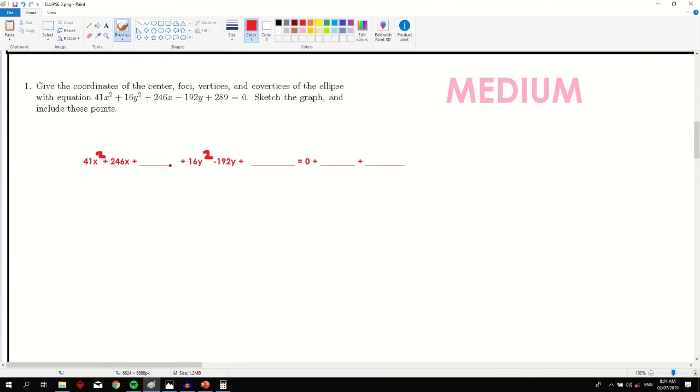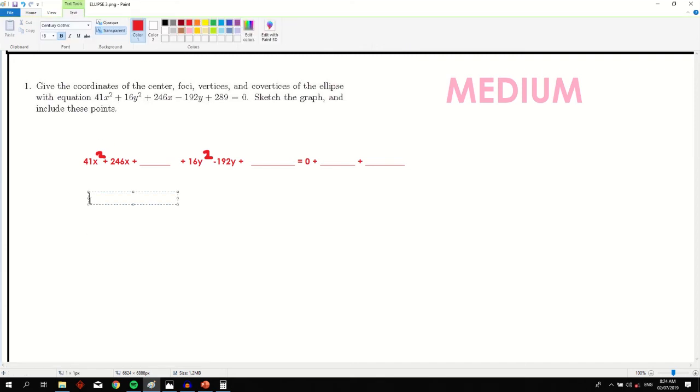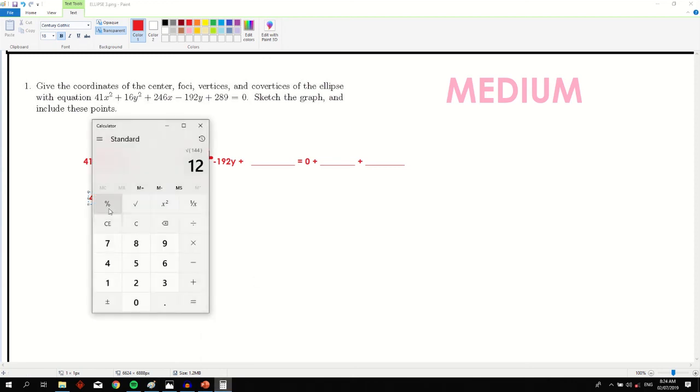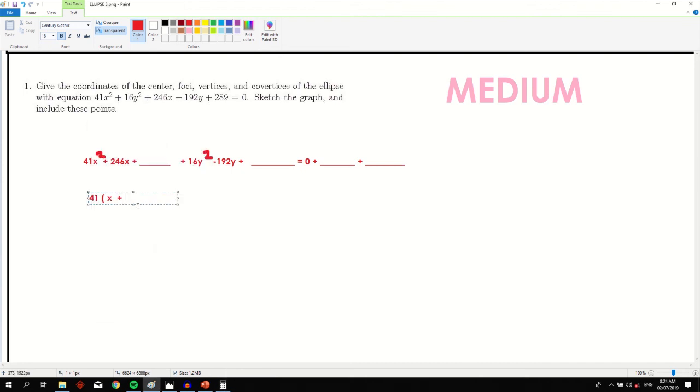As you can see, it is difficult because you would complete the square with this 41 over here. It's very difficult. So what we do is we get that 41 away from the equation. So x plus, what is 246 divided by 41? 246 divided by 41 is equal to 6. So 6x plus